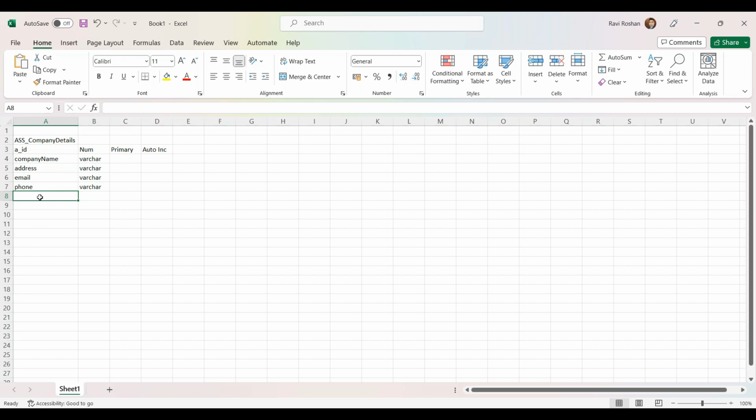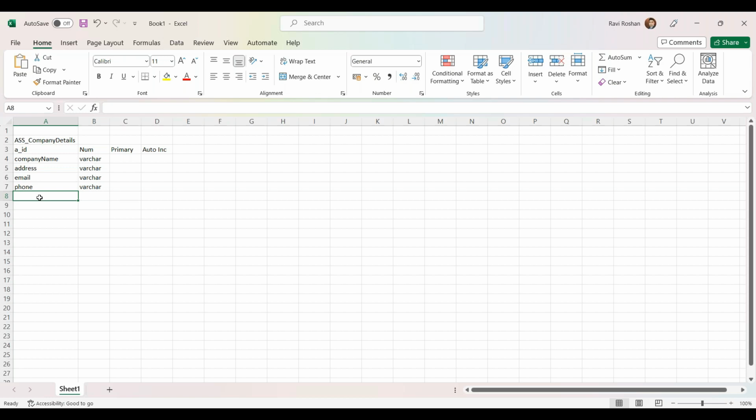Actually, phone number we can give as text also, right? Yeah, that's a varchar, valid characters. But in the DB it will show as a text, right? Yes, because if you give a number, we can't give the validations for a phone number. So we are taking it as a varchar, but it shows in the DB as a text. Okay. So what else can we have: company name, address, email address, phone number, we can ask for that, and